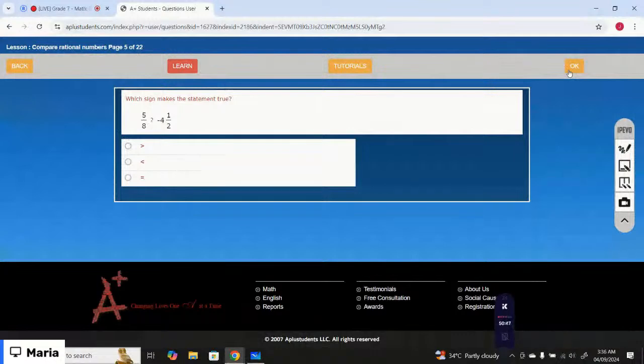Which sign makes the statement true? 5 by something, you have to compare it to negative 4 whole 1 over 2. So positive numbers are all